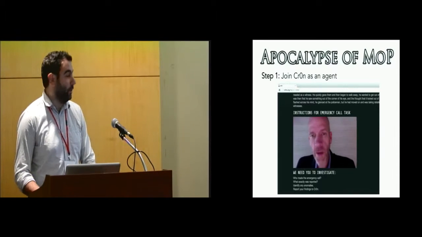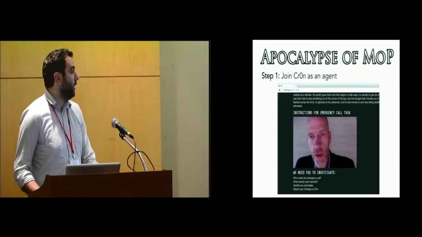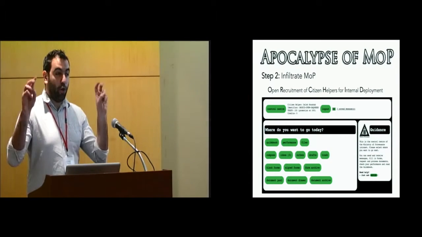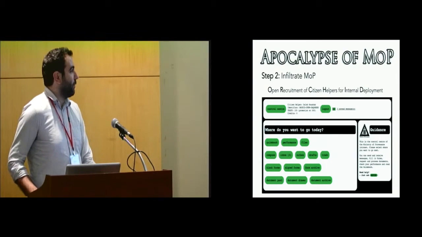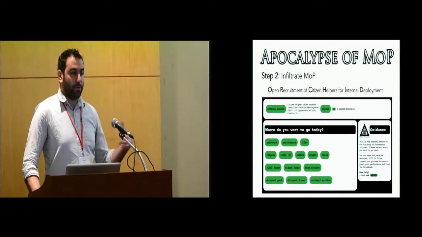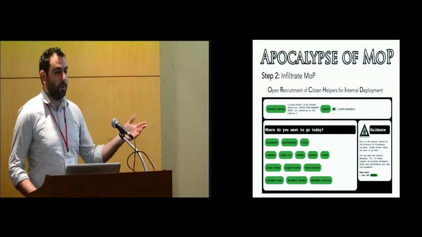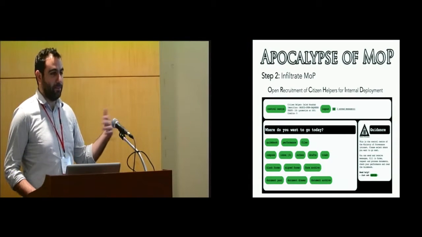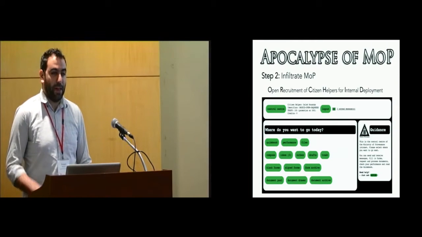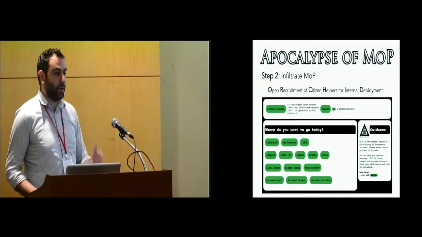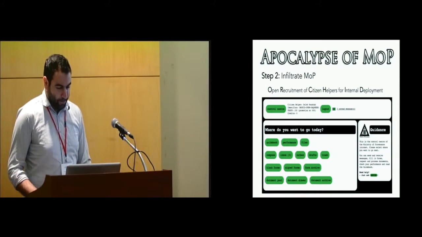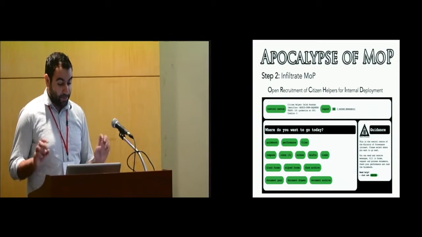The first mission that you have to do as a member of Cron is to infiltrate the ministry by joining their work-at-home scheme, which is a crowdsourcing effort by the ministry to help maintain the integrity of its data. It allows anyone to go online from home, go through some of the less security-sensitive elements of the archive, and try to help make sure that there are no errors in them. And they do that by joining this open recruitment for citizen helpers and internal deployment scheme,